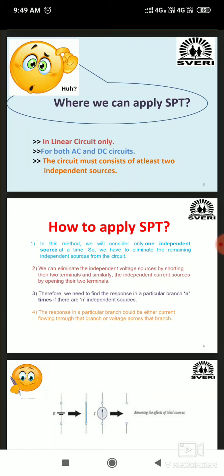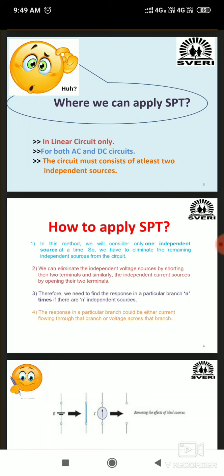Okay. So next one, third one, the circuit must consist of at least two independent sources. डिपेंडंट सोर्स किती आहेत काहीही मोजायची गरज नाही. हाऊ मेनी डिपेंडंट मीन्स डायमंड शेपचे सोर्सेस किती आहेत ते मोजायची गरज नाही. इंडिपेंडंट सोर्सेस यू हॅव टू काउंट. इट शुड बी मिनिमम टू.